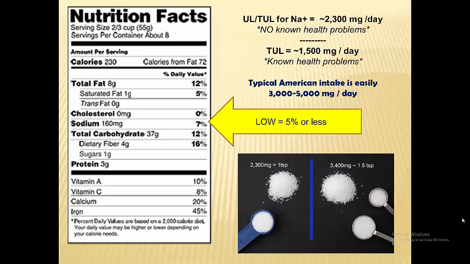You can see that a single teaspoon of actual salt is the maximum, the TUL for sodium, for people with no known health problems. I'd rather pick everything 5% or less sodium and know that that was a fraction of my 2,300 for the day and be able to use up to a half a teaspoon or 3/4 of a teaspoon or even a teaspoon of salt a day so that I can use it and actually taste it. It's not an exact science, it's all estimates, but it gives you perspective.